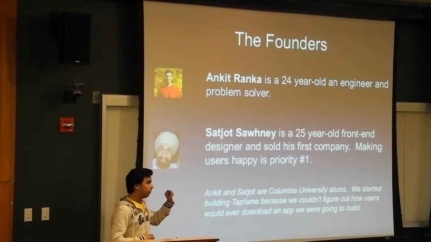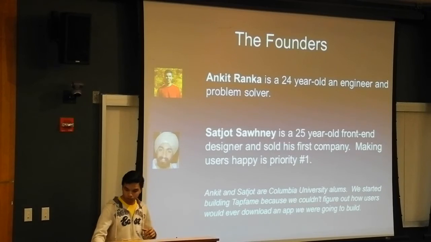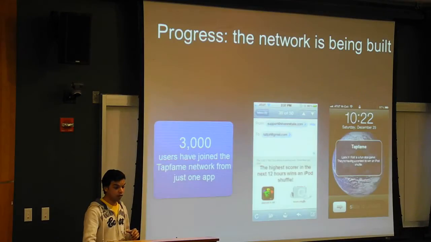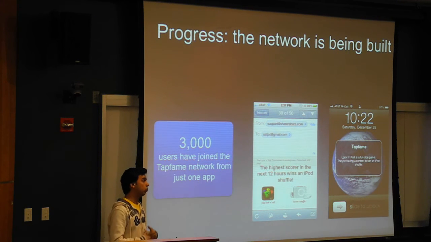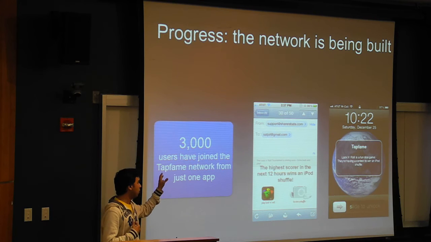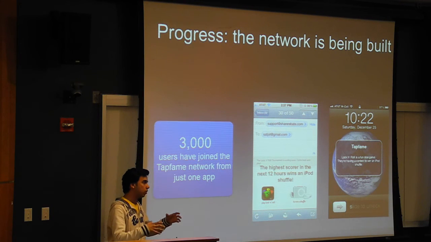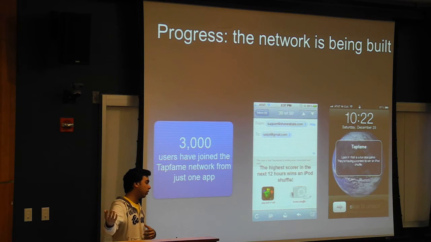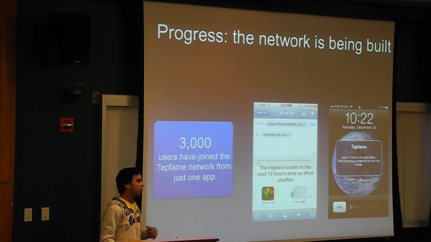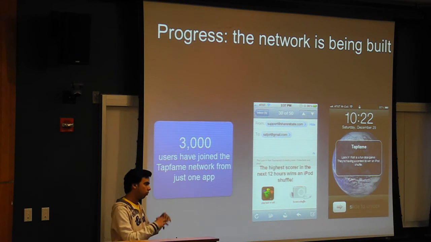We are still trying to increase the users in our network. As I said, the users in our network is up to 3,000 right now. We want to reach a certain level so that we can bring a significant amount of downloads to the game developers. We want to reach around 50,000, so that when we bring a new game developer on board, we can send an email to these 50,000 users saying this game developer is having a contest today, go download this app. We still have to experiment on the download part.